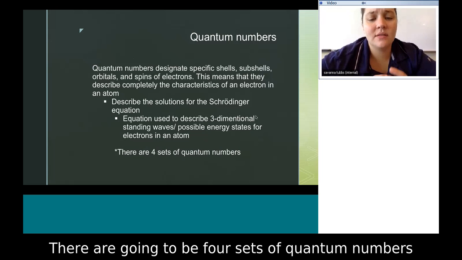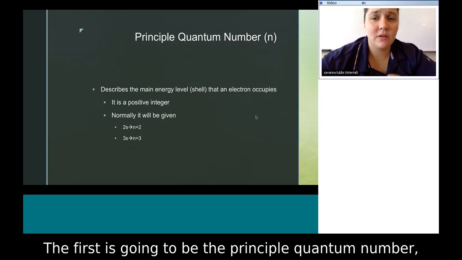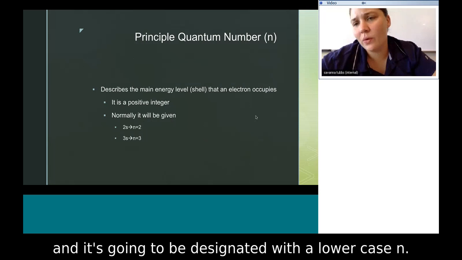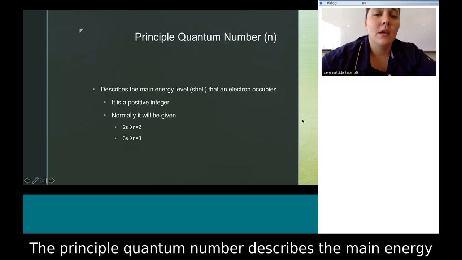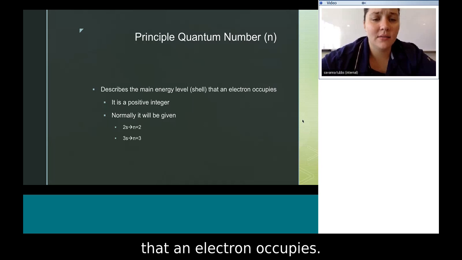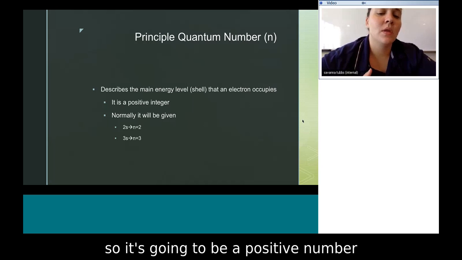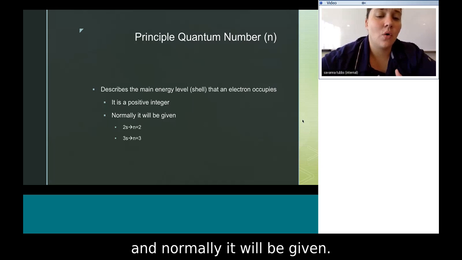There are going to be four sets of quantum numbers that we're going to talk about. The first is going to be the principal quantum number, and it's going to be designated with a lowercase n. The principal quantum number describes the main energy level, so the energy, or the shell, that an electron occupies. It's going to be a positive integer, so it's going to be a positive number, and normally it will be